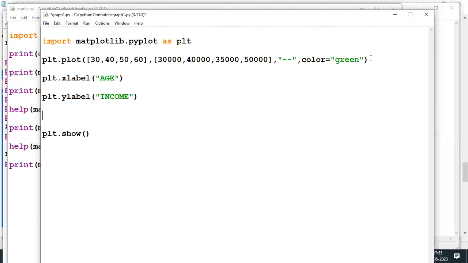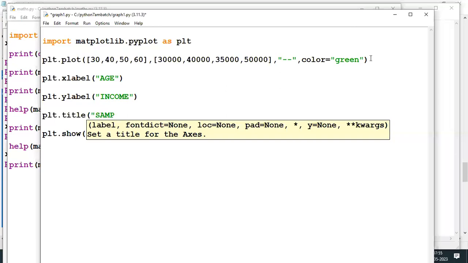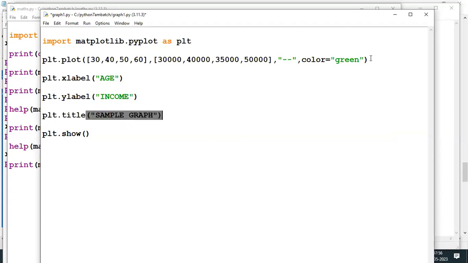And title, right? Title: Sample graph. Run module, right? Yes.